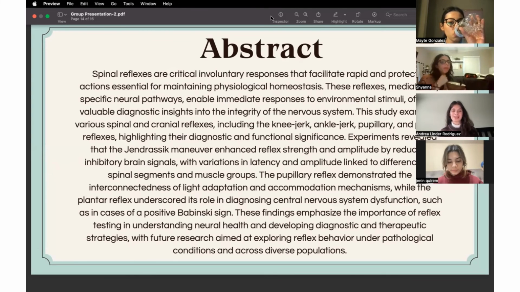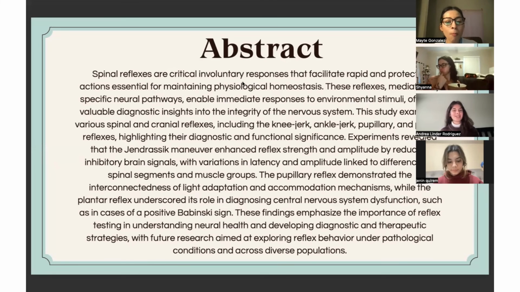Experiments revealed that the Jendrassik maneuver enhanced reflex strength and amplitude by reducing inhibitory brain signals, with variations in latency and amplitude linked to differences in spinal segments and muscle groups. The pupillary reflex demonstrated the interconnectedness of light adaptation and accommodation mechanisms, while the plantar reflex underscored its role in diagnosing central nervous system dysfunction, such as in cases of a positive